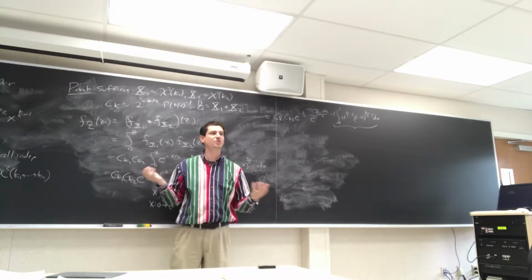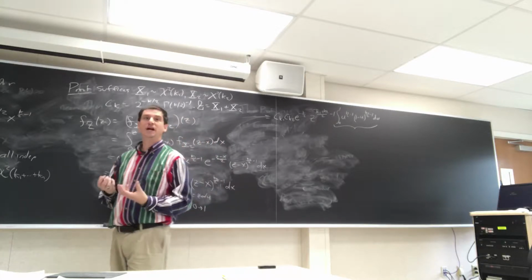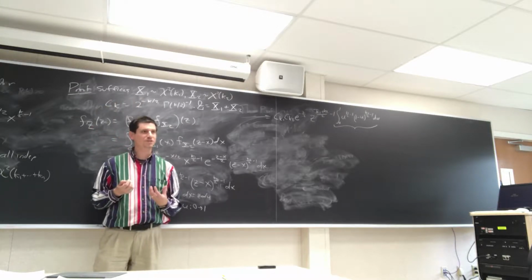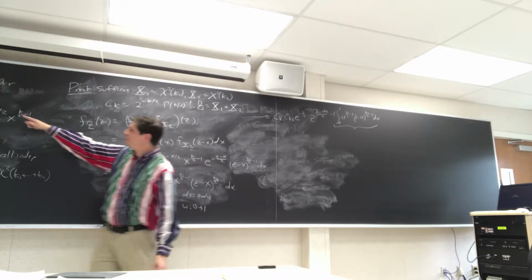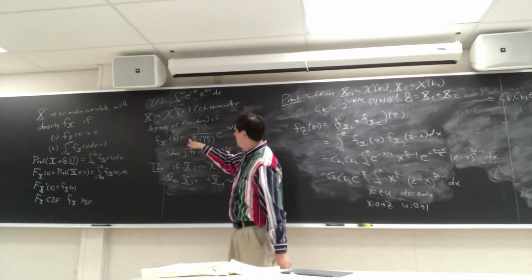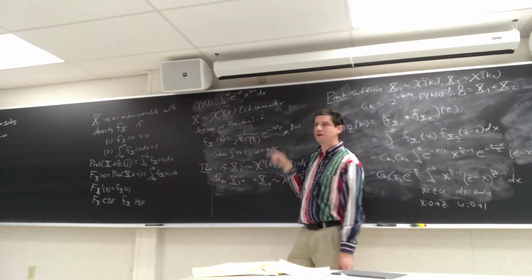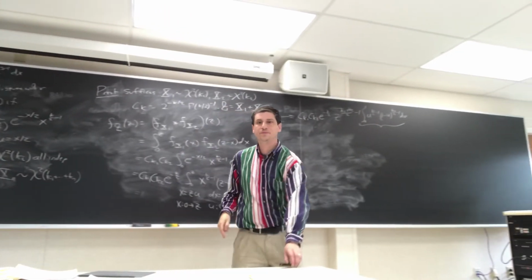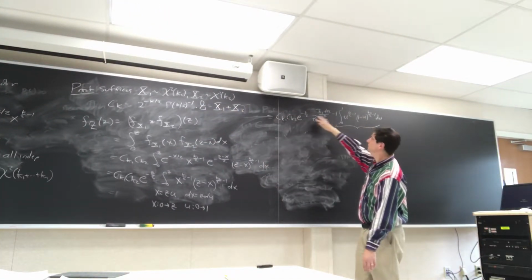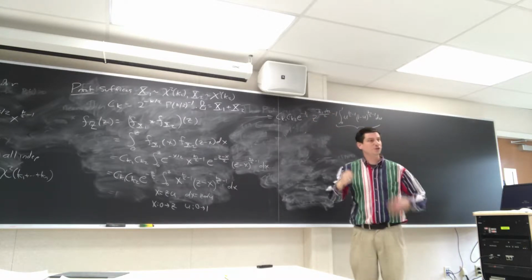Well, I've told you. What did I tell you the sum is supposed to be? It's supposed to be a chi-squared random variable with how many degrees of freedom? k1 plus k2. So a chi-squared random variable with k degrees of freedom has density function, some constant, e to the negative x over 2, x to the k halves minus 1. What do we have? Well, we have some constant, which includes this part, e to the negative z over 2, z to the k1 plus k2 over 2 minus 1. It looks like